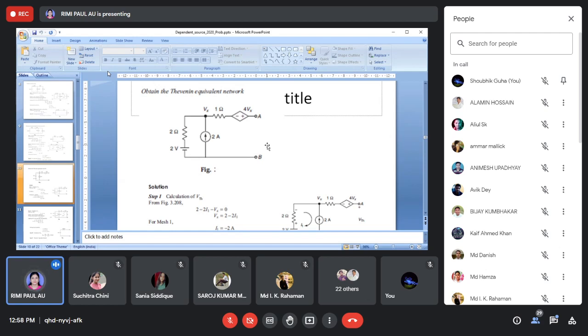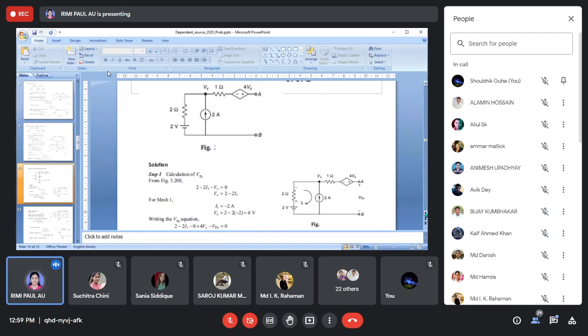So when you draw the final equivalent circuit, you have to remember which equivalent network you have to draw, Thevenin's or Norton's. If it is Norton's, then put the ISC value in parallel with the RTH or RN value and in parallel with the RL value. If it is Thevenin's equivalent network, then you have to put VOC, that is VAB, in series with the resistance RTH or RN and in series with RL. So this way we will solve the problem. Now we'll see.